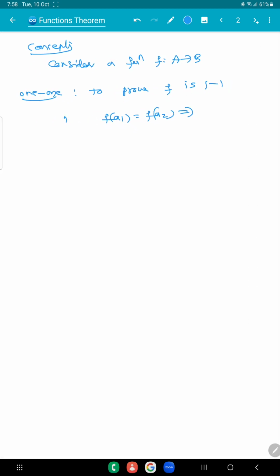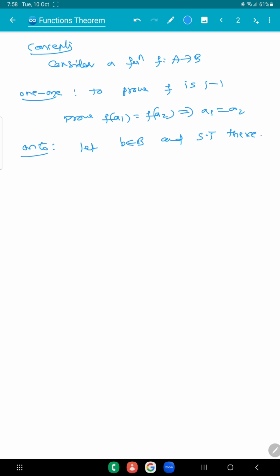Otherwise you can write like this: prove f of a1 is equal to f of a2 implies a1 is equal to a2. To prove onto, we use in these theorems, let b belongs to codomain B and show that